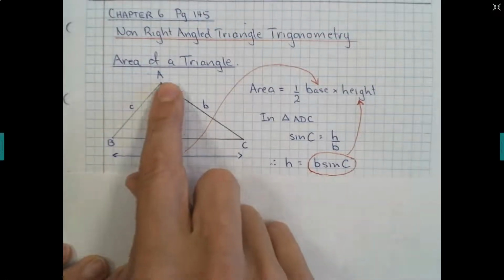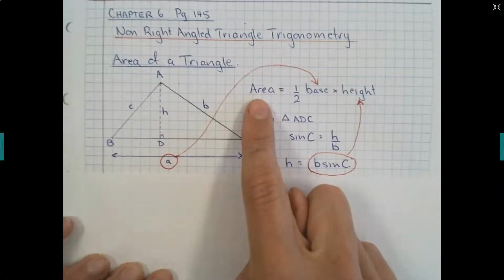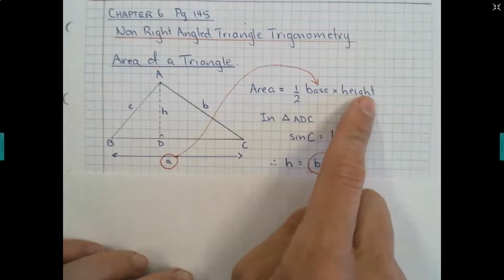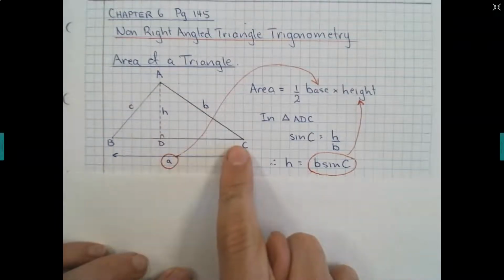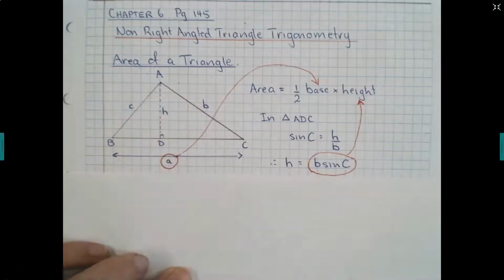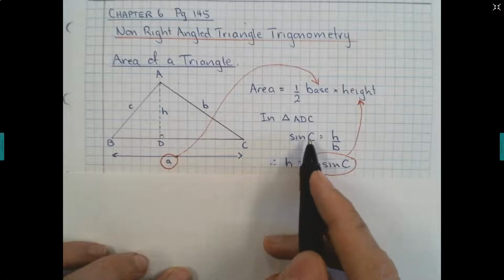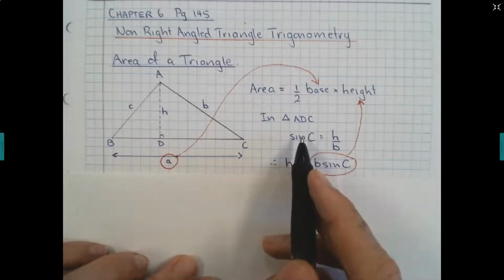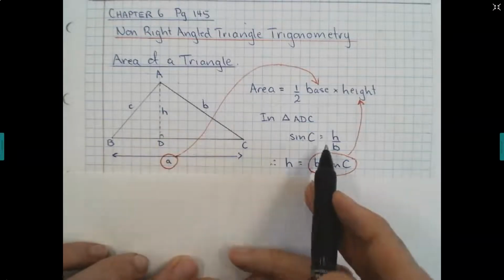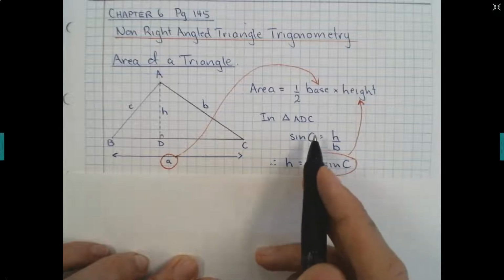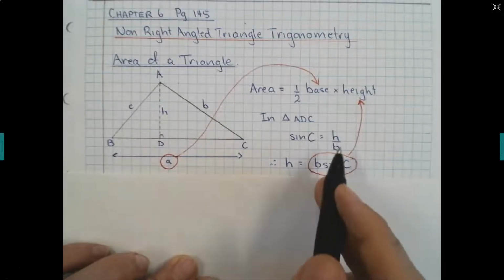And now I know that this length here is my perpendicular height. So remember, we know that for any triangle we can find the area by multiplying half times base times height. Now let's consider just triangle ADC. Now in triangle ADC, if I was to consider this angle here, which is angle C, I know that sine C is equal to opposite over hypotenuse, which is h over b. So opposite is h over the hypotenuse of this triangle, which is b. Now, if I rearrange this equation such that h is the subject of the equation, so h is equal to b times sine C,